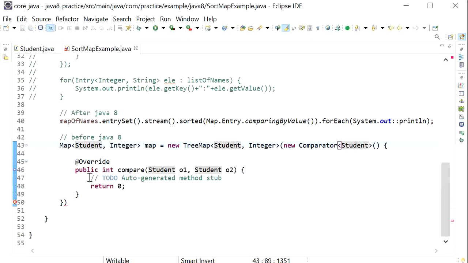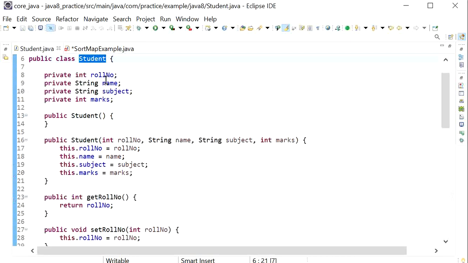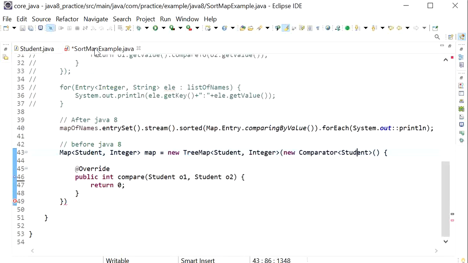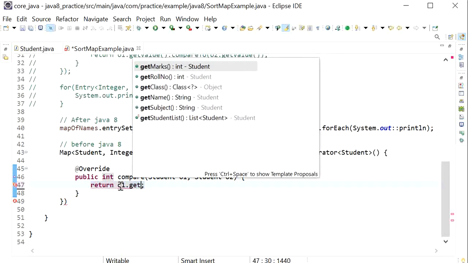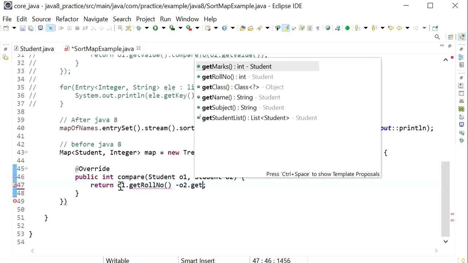So first we will sort our map object based on student roll number. Here we can see the student object contains four properties: roll number, name, subject and marks. So first we will sort based on roll number. Here we just need to call o1.getRollNumber and o2.getRollNumber.